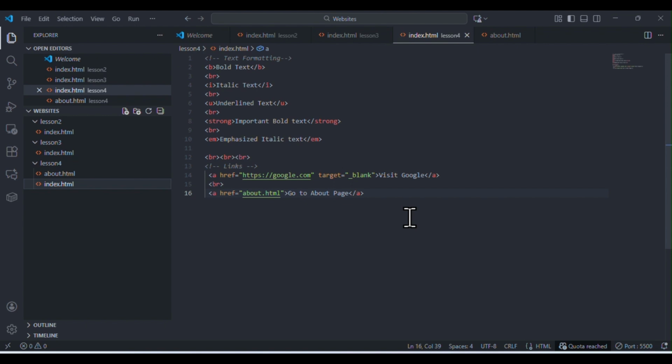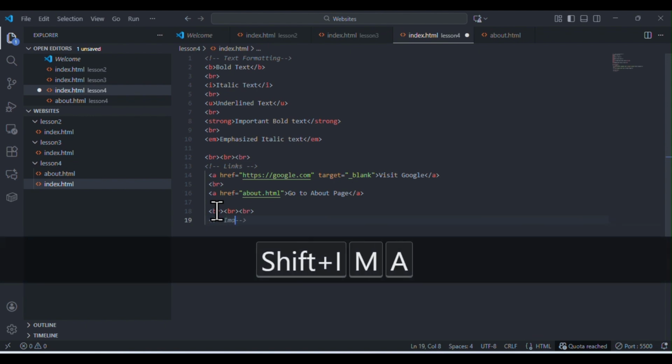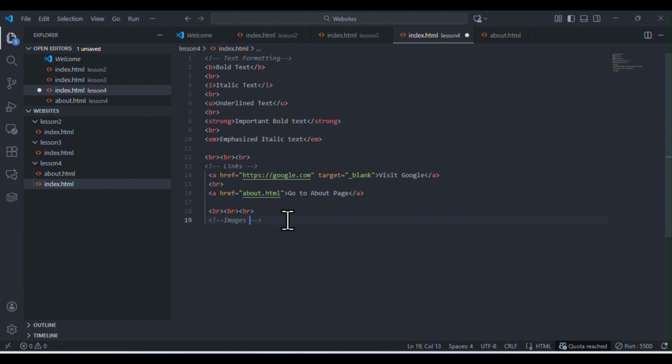Another part we need to talk about in these important elements we often use in HTML is the IMG tag, image element. So I'm going to break the line again. Call it images. So we define image